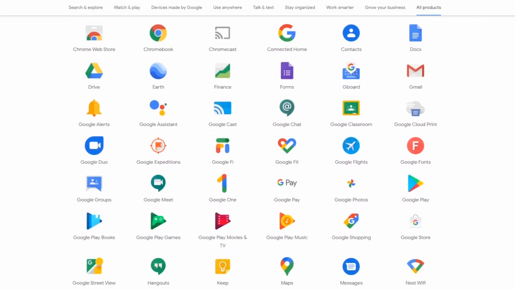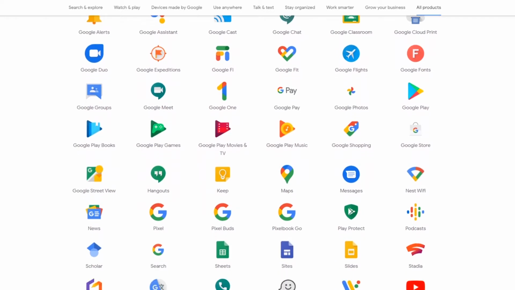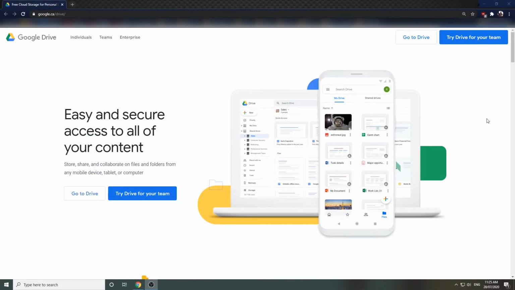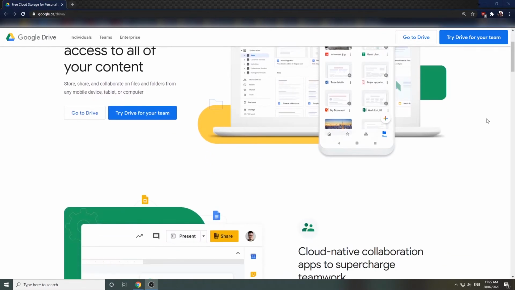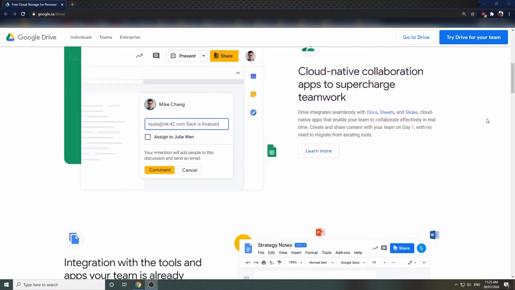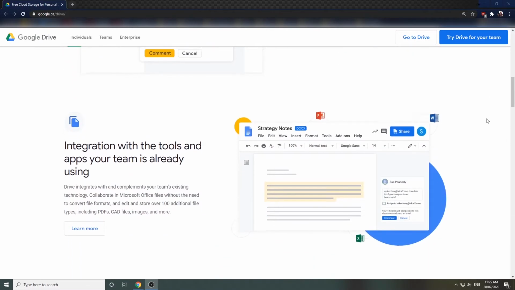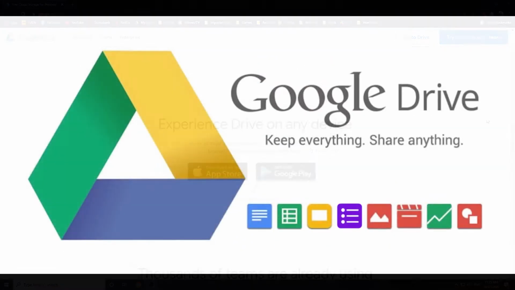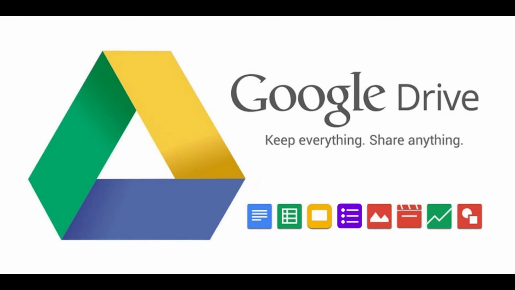Once you have a Google account, you will have access to an assortment of programs that you can use on the internet. Working on the internet means that your work is available no matter where you are, as long as you are connected online. Sync between multiple devices such as a phone, tablet, or computer, and share easily with friends and family. In this video, we are going to be focusing on Google Drive storage and how to use it with Google Docs, Sheets, Slides, and Forms.